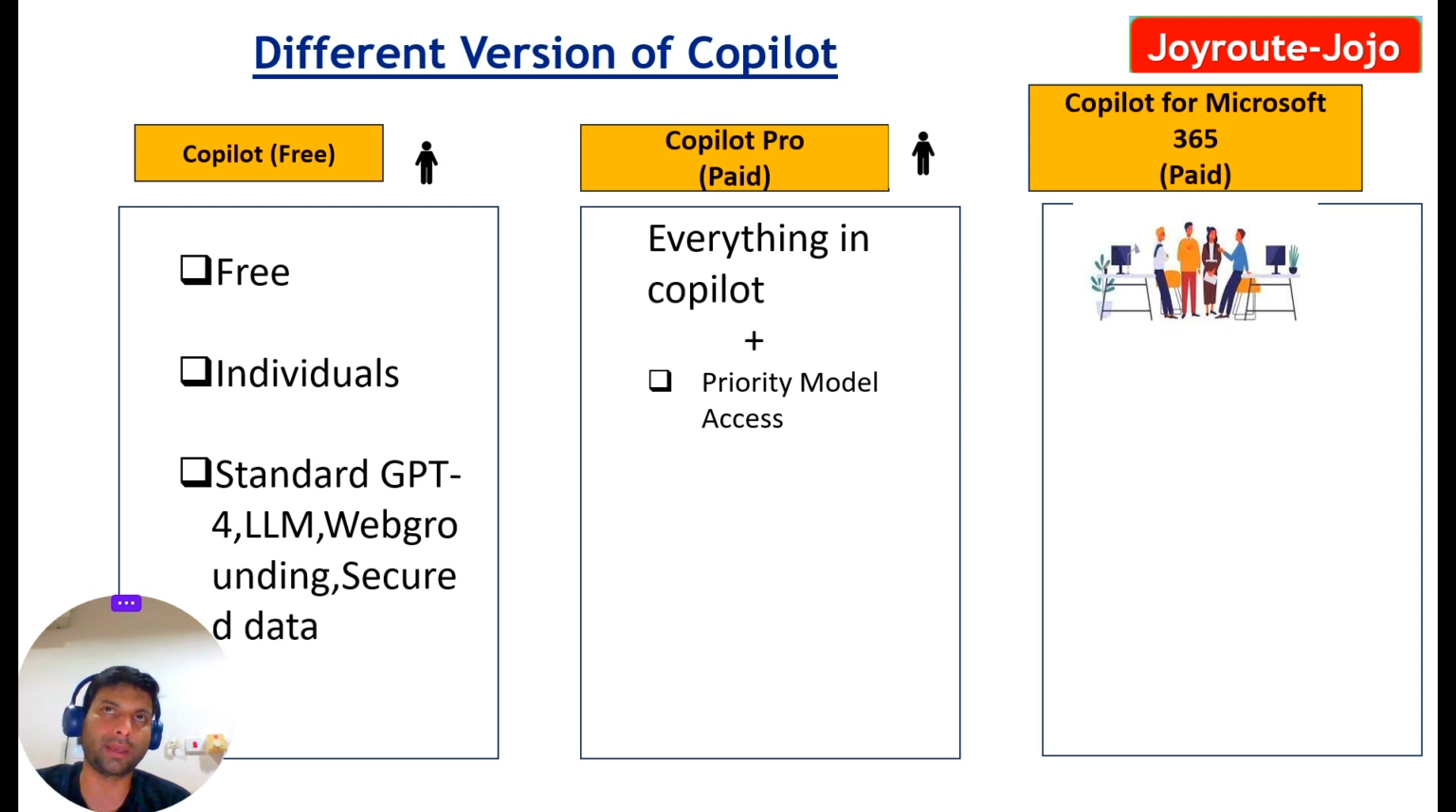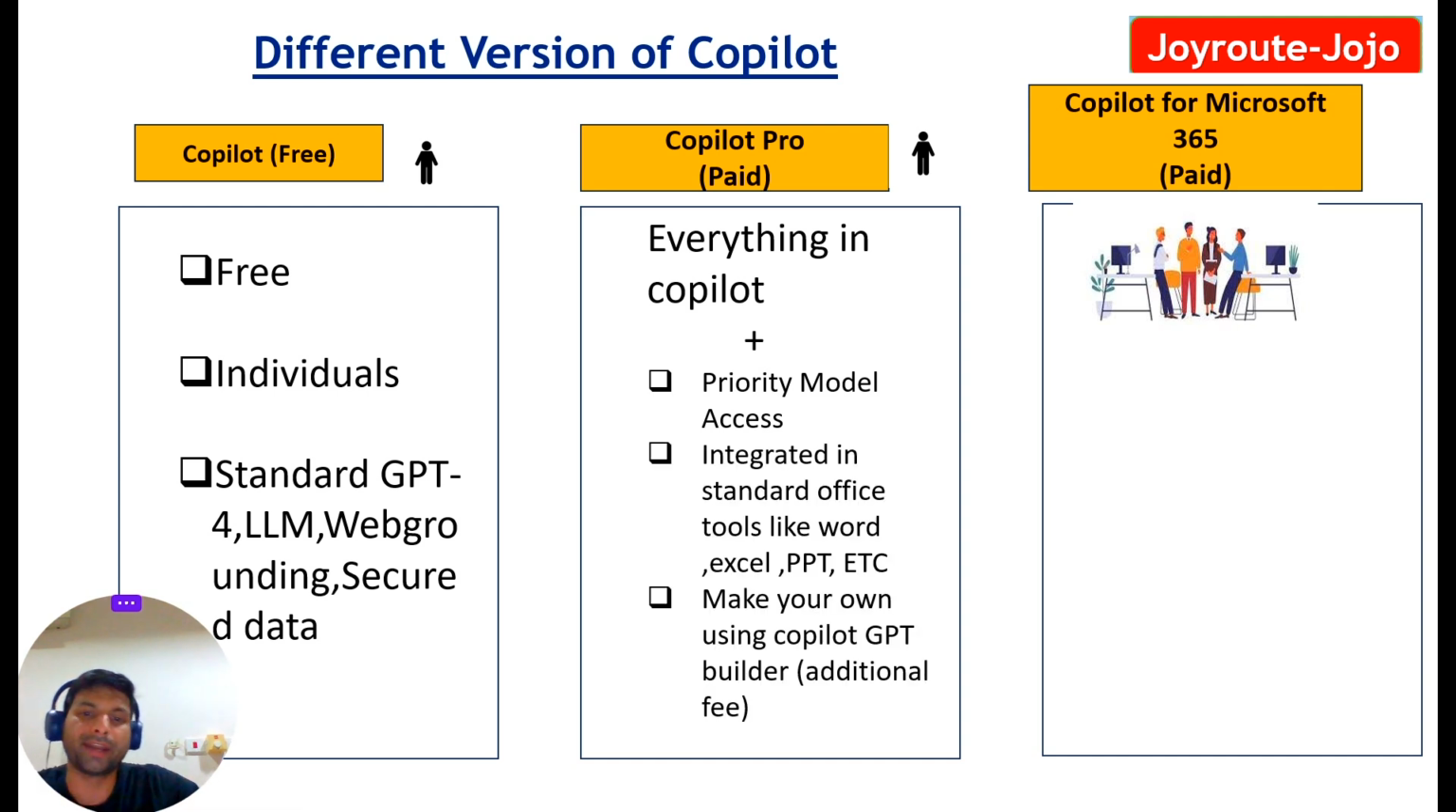And in some cases, you may have to use GPT 3.5. Copilot Pro is again a paid version and it is costly. It is integrated in standard Office tools like Word, Excel, PPT, etc. Which means it does not just mean that there is a chatbot inside these tools. No, it's not something like that. There is artificial intelligence